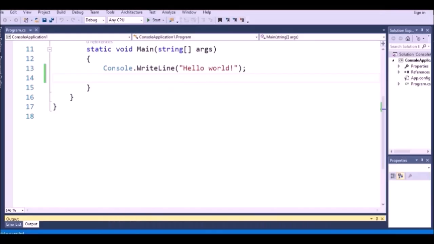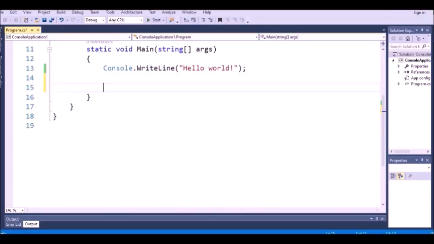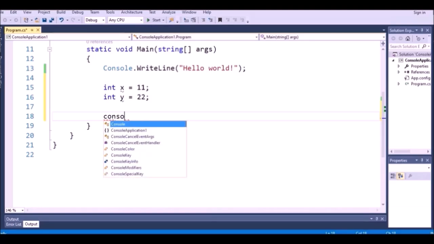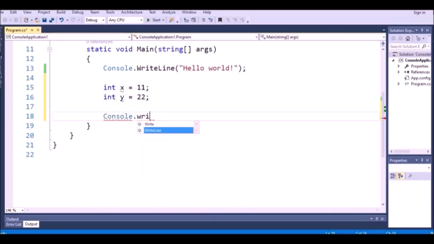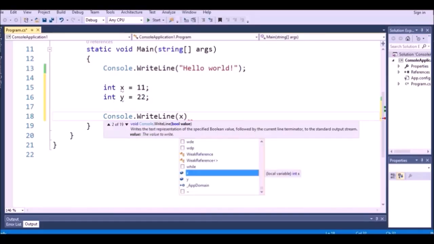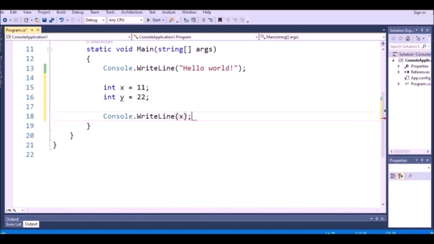The next, to display the number in the console, we declare the integer x with the value 11 and then integer y with the value 22. So now we use the statement console.write, and inside the parentheses we write the variable x and a semicolon,